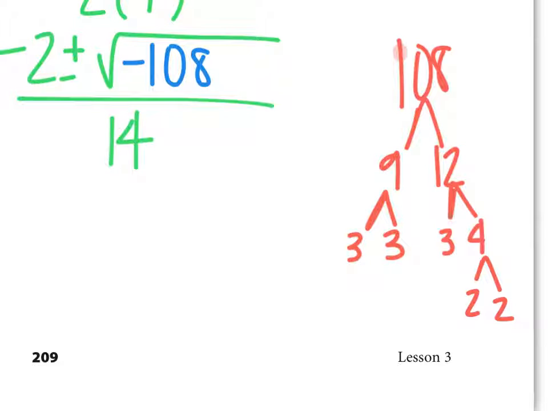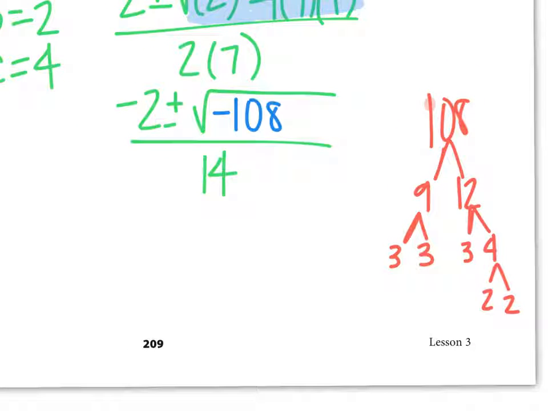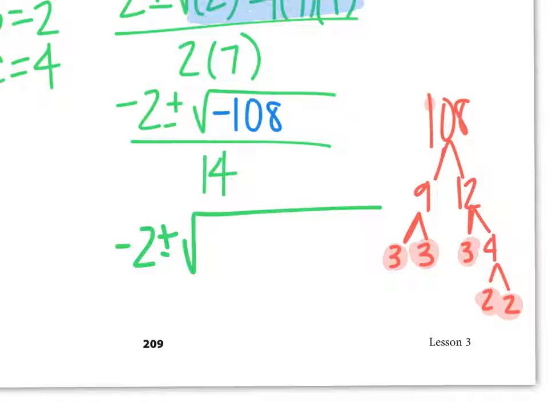So really, I have -2 plus or minus the square root of, I'm going to write these in numerical order, and I'm looking at my end numbers wherever I stopped. So I have 2 times 2